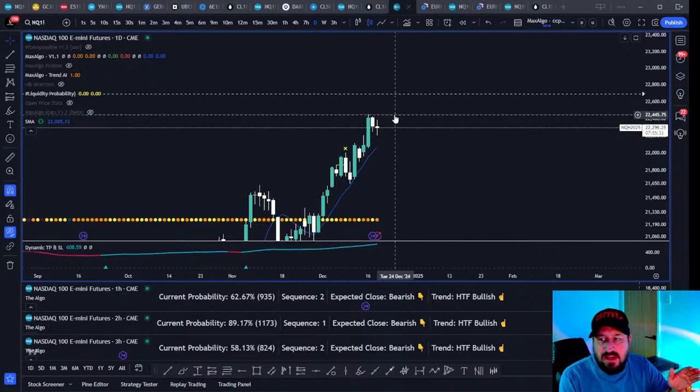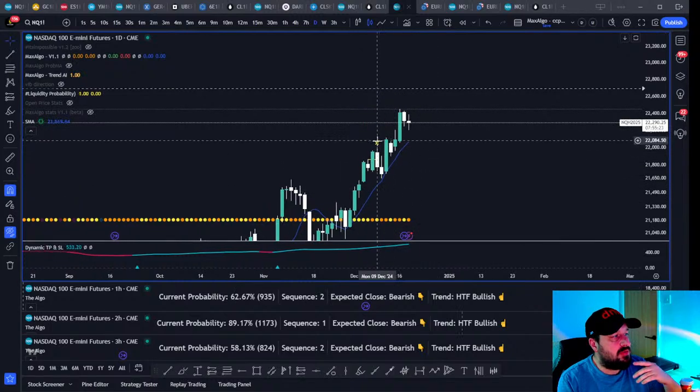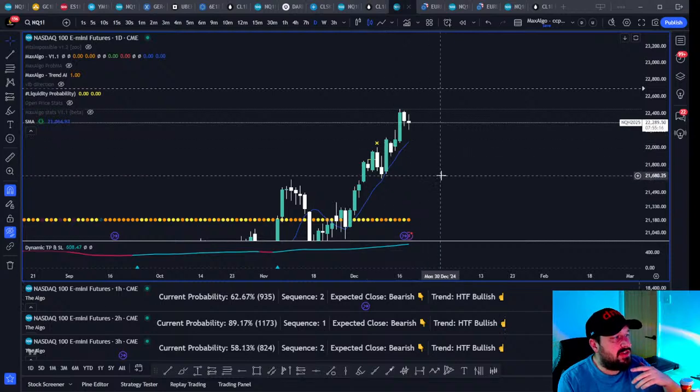So Monday was an inside bar. Now, a lot of the time, whichever side of the inside bar you take, you have a good chance of then taking the low. So let's look at a couple of examples. This is an inside bar, right? We take the high and we drive through the high of the previous candle.